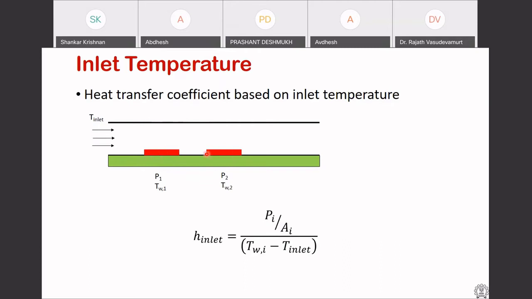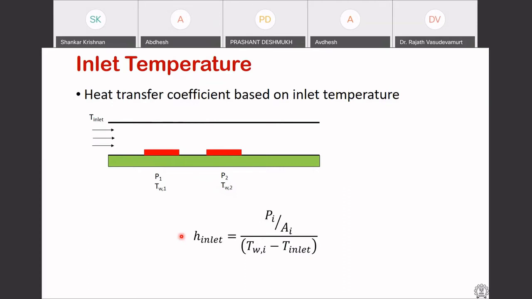Now for the same power, I have an inlet temperature that is slightly higher than the inlet temperature to this heat source. Now this wall temperature will go up. By what amount, we won't be able to predict. However, we can be assured, and you can do the calculations as well, that this inlet